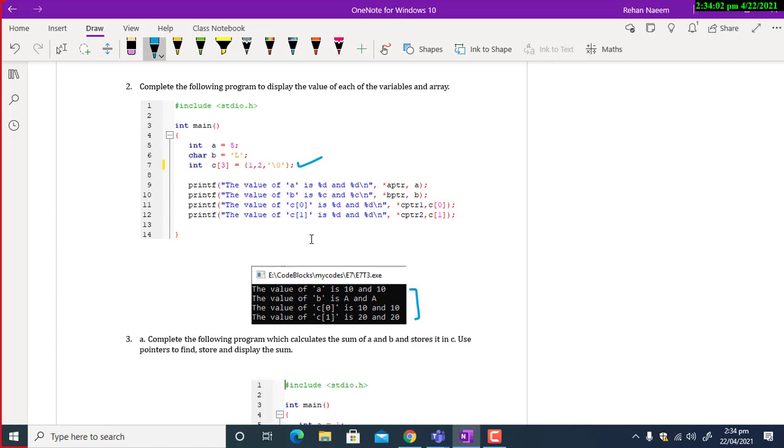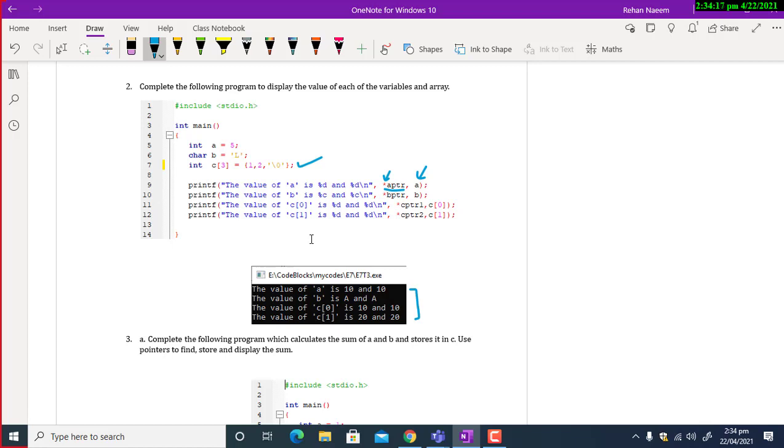And note that we have used the dereferencing operator asterisk to print the value of A. Similarly, to print the value of A, you can use simple A as well. So both are valid.